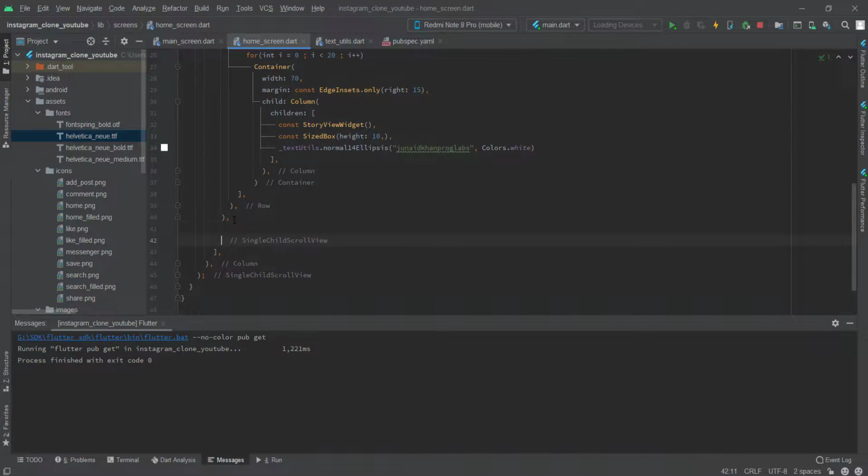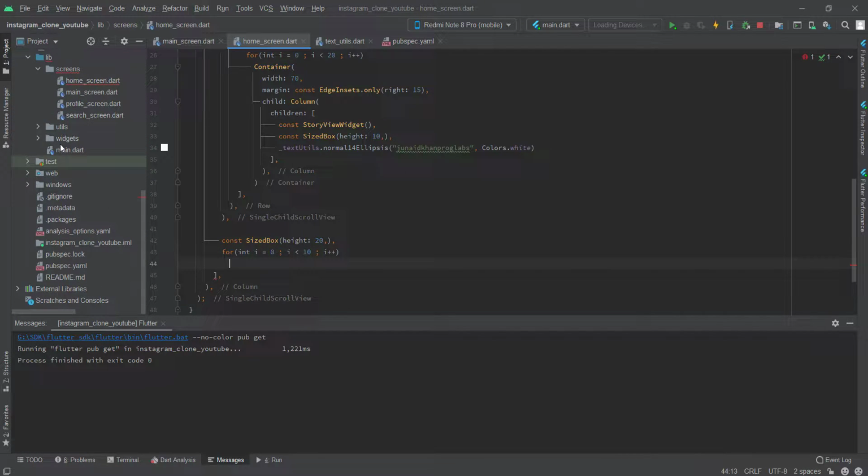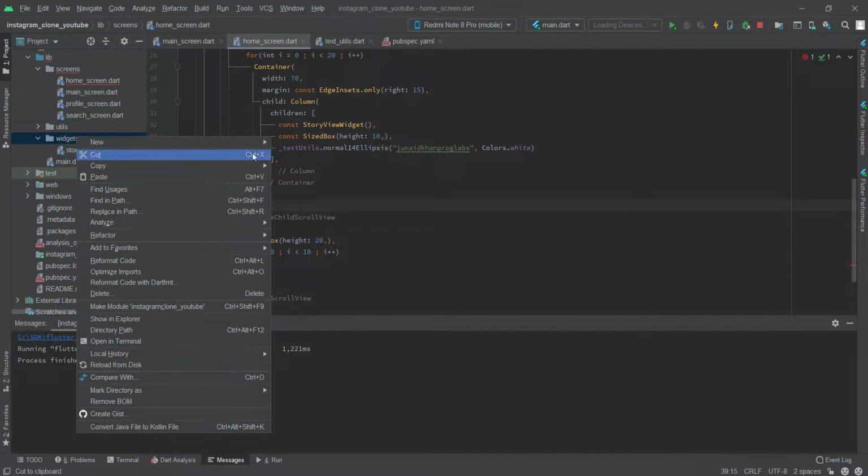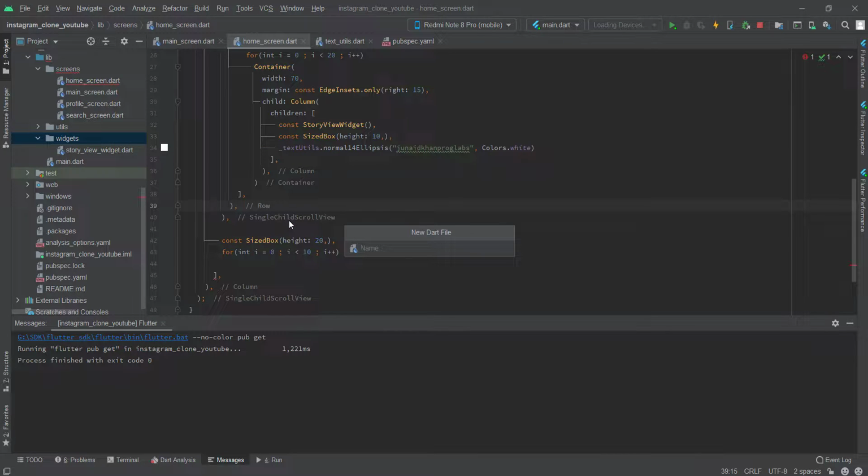After that we need to add some empty space, sized box, height 20 is enough, and after that we can run a loop, so we don't have to create a single widget again and again. 10, i plus plus, and we can create a new widget here in the widgets directory, post view widget,